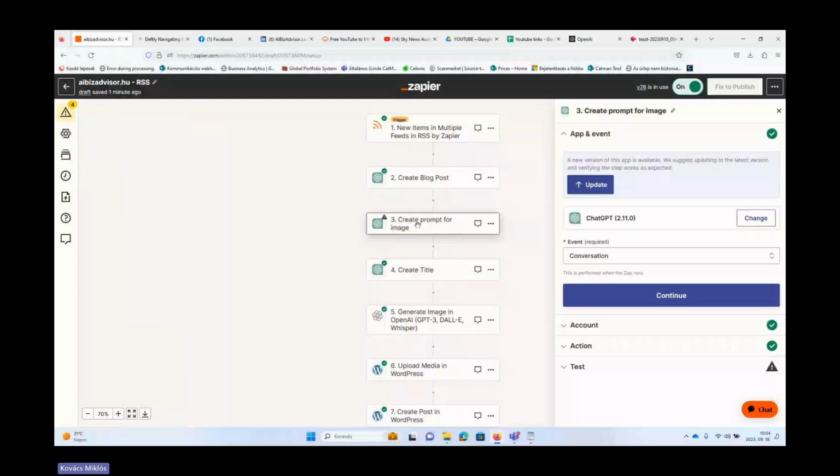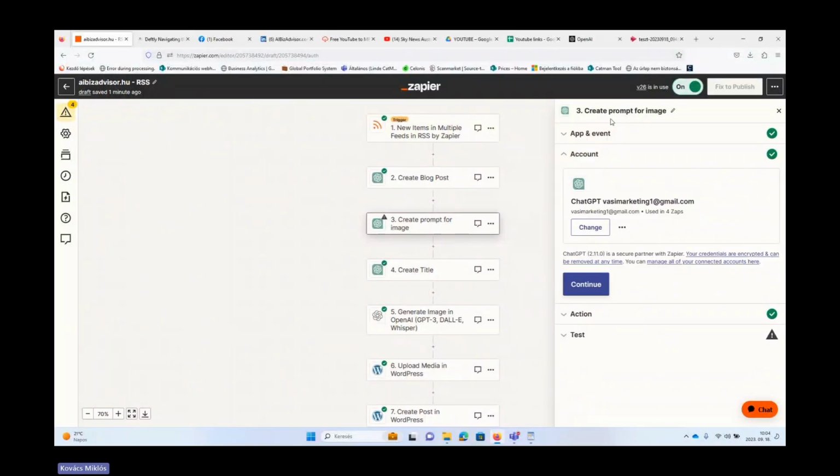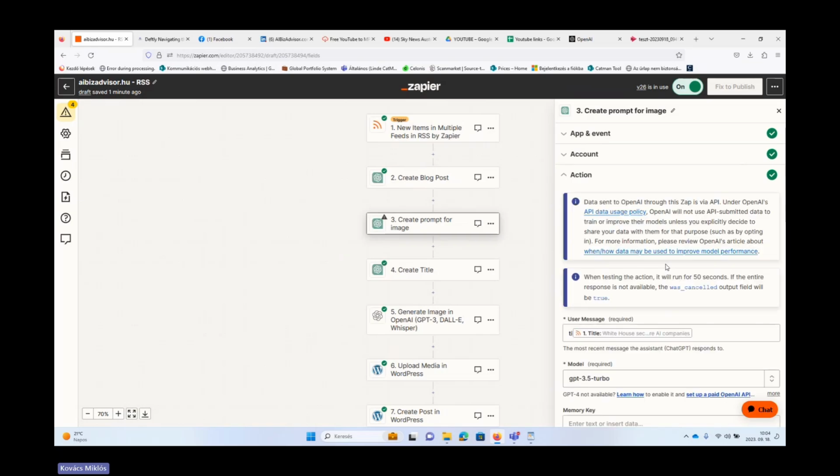And here is the action where we will create this prompt for it. So here we will use the same type of action. So we involve ChatGPT. Again, the event type is conversation, and then click on continue. We need to link the account. It's already done. So we can click continue.